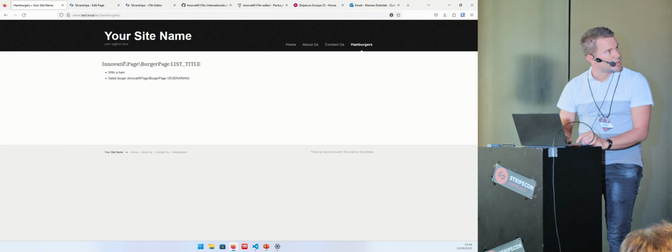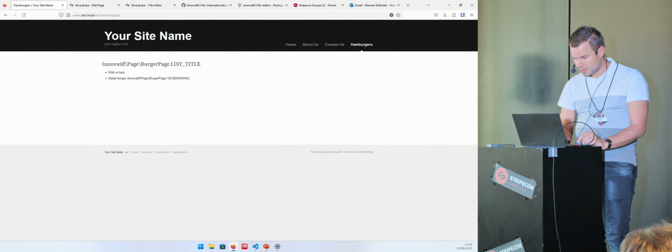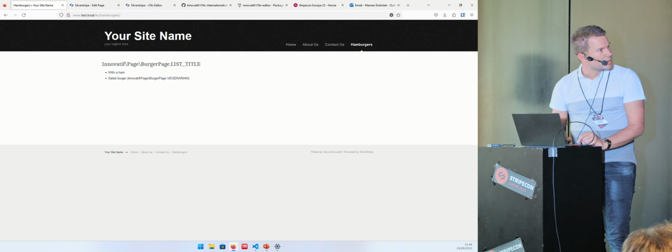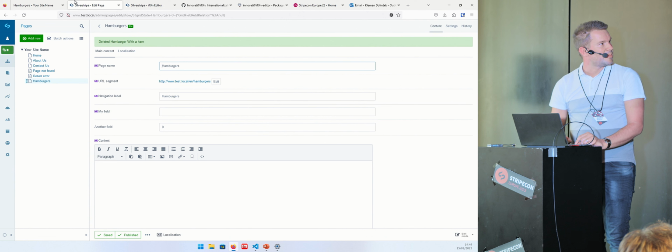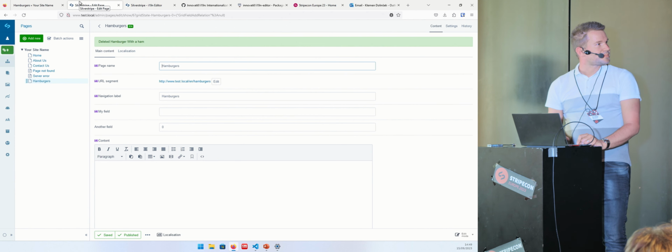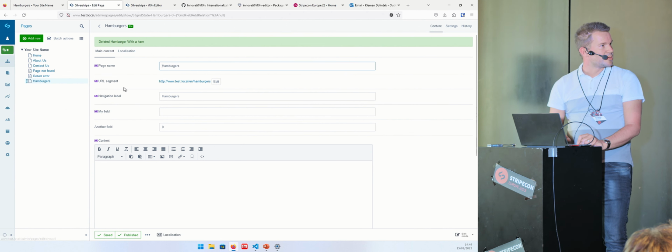Okay, so I made a really big web page. This is a default Silverstripe installation. Where is the mouse? Okay. I made only one page because we are in Hamburg, so I made a hamburger page. Here's one simple listing page with the grid field